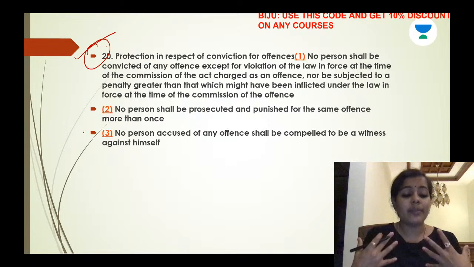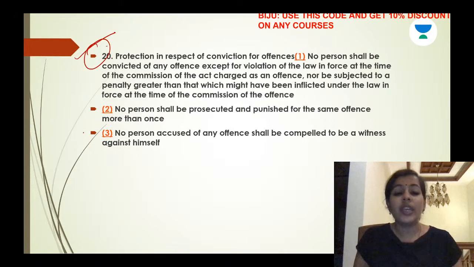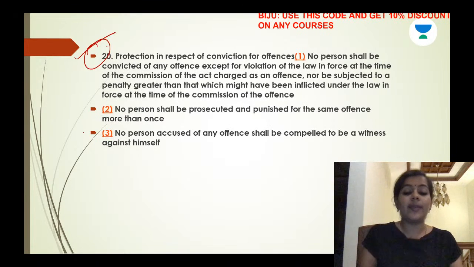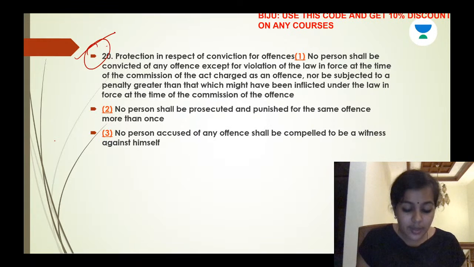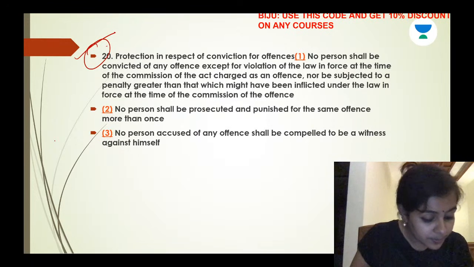And a person cannot be forced to be a witness against himself. You killed a person. Somebody cannot force you to agree that you killed them. You need evidence. The court requires evidence. Why is such a privilege given? Sometimes other people want you to mismanage. They offer you a certain amount of money. Somebody else committed the crime and you are offered an amount and you go to the court